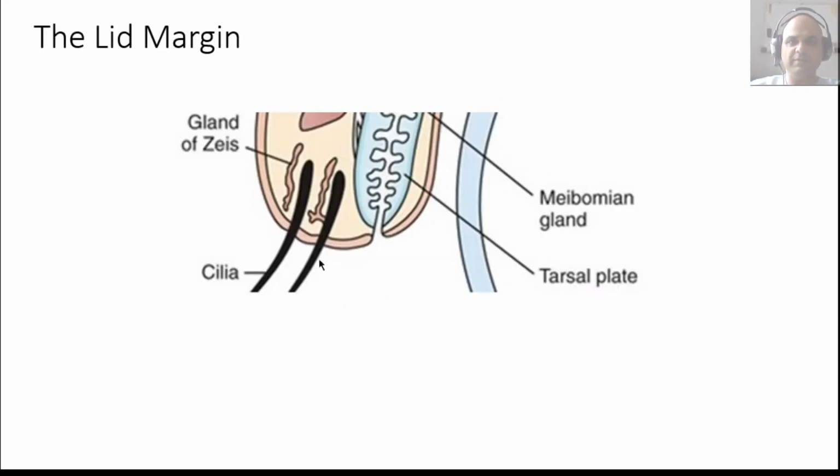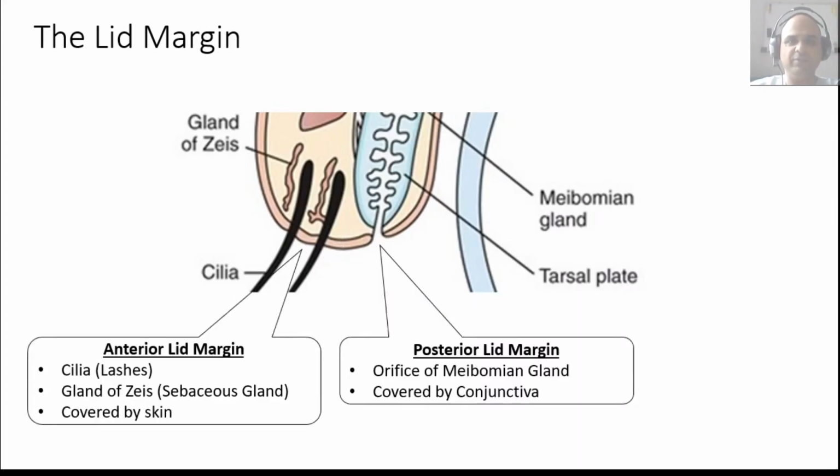This is a close-up of the lid margin. The anterior surface of the lid is covered by skin, which continues on towards the anterior aspect of the lid margin. It has these lashes and glands of Zeis as its appendages. Gland of Zeis is an associated appendage. The posterior aspect of the lid is covered by conjunctiva, which is called the palpebral or tarsal conjunctiva, and this conjunctiva continues on towards the inferior lid margin, towards the posterior aspect. It has the openings of the meibomian glands located in it. And the zone where the skin and the conjunctiva transition is classically described as the gray line,